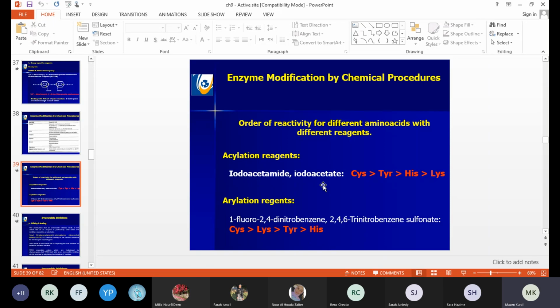بس إذا في cysteine وتيروزين، الorder of reactivity بياخذهم ليعملوا attack مع الcysteine أكثر من التيروزين، التايروزين أكثر من الهيستidine، مع الهيستidine أكثر من اللايزين. أو إذا عندنا الفليورو دايناميك order of reactivity مع السيستين أكثر من اللايزين أكثر من التايروزين أكثر من الهيستidine. So for sure